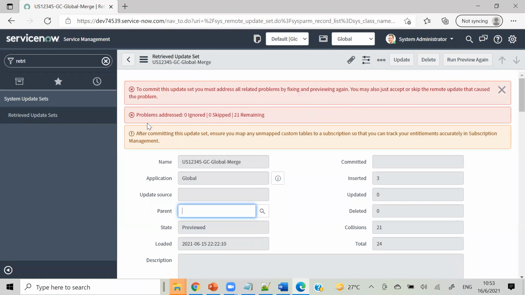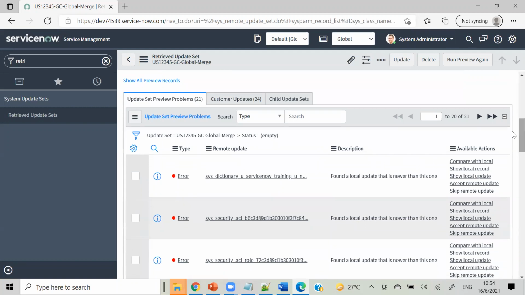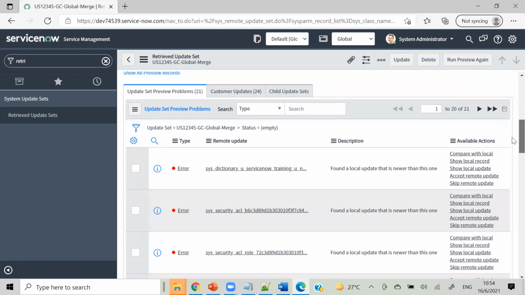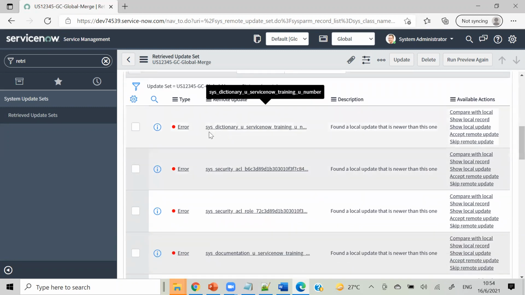So that is the thing. And what are the problems addressed? We will see that at the bottom. Update set preview problems. What it is saying is: dictionary ServiceNow training, this name, found a local update that is newer than this one. Because we have already backed out, but some corrupt file was left there. It is showing us found in local update set that is newer than this one.